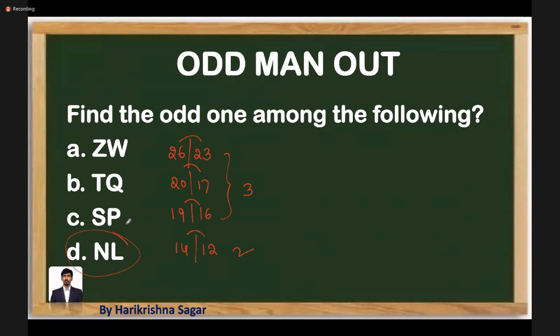That's the reason we can mark the answer choice as option D. That is going to be NL. Similarly,